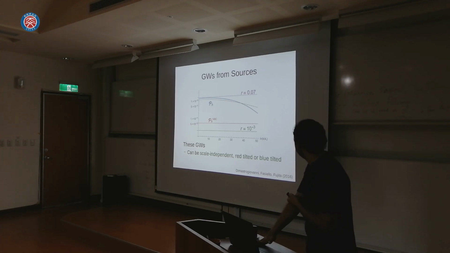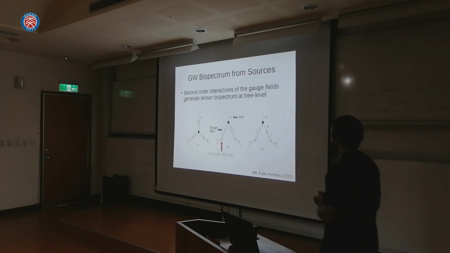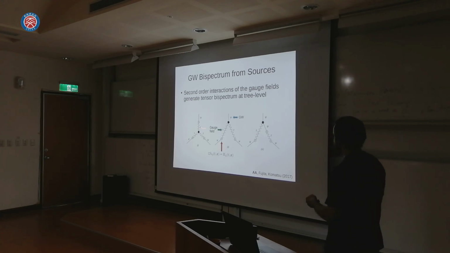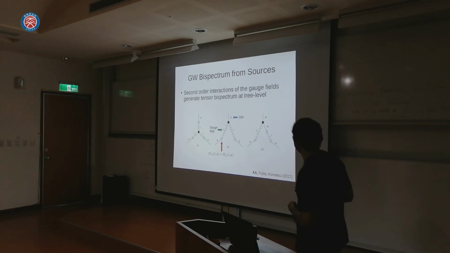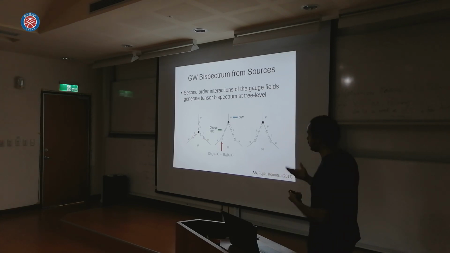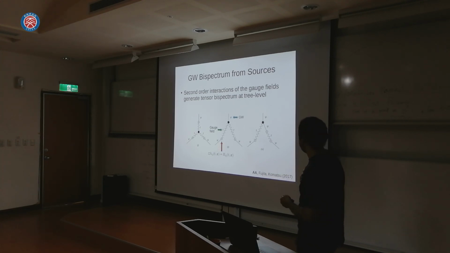So then we go to the next higher order statistic, which is the bispectrum. For this particular scenario, the bispectrum is sourced at the most significant level by these three kinds of interactions. Once again, psi is the gravitational waves, and we want to consider what kind of interactions they can have. One kind of interaction is where they interact with each other via the self-interactions of the gauge field. This SU(2) gauge field is a non-abelian gauge field, so it can have self-interactions, in contrast to, say, electromagnetism, where photons cannot interact among themselves.